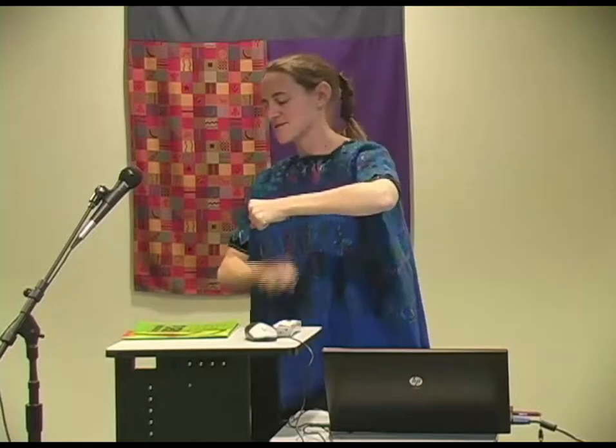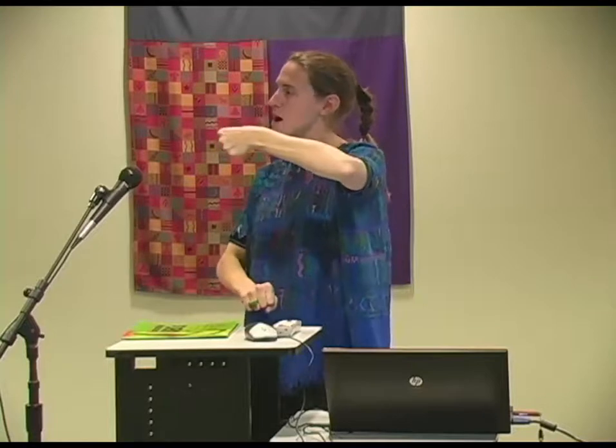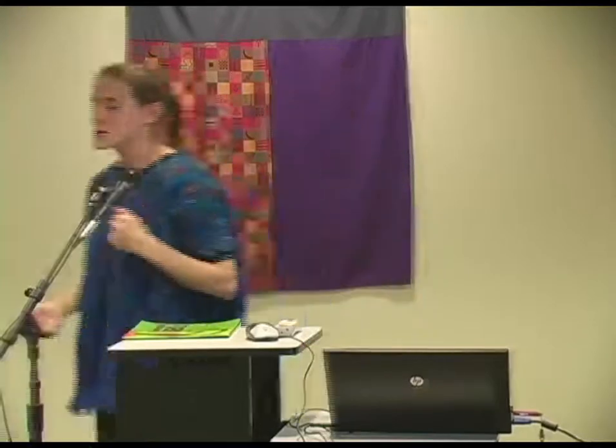So this is what I'm doing here. You push with one hand and you pull with the other, and the set that you want comes up, and you make a shed, which is what it's called. I actually learned some weaving vocabulary a few weeks ago, which I had learned before. And the shuttle goes through that. So it'll start to weave together and look like that. I'm going to take a quick break and show you